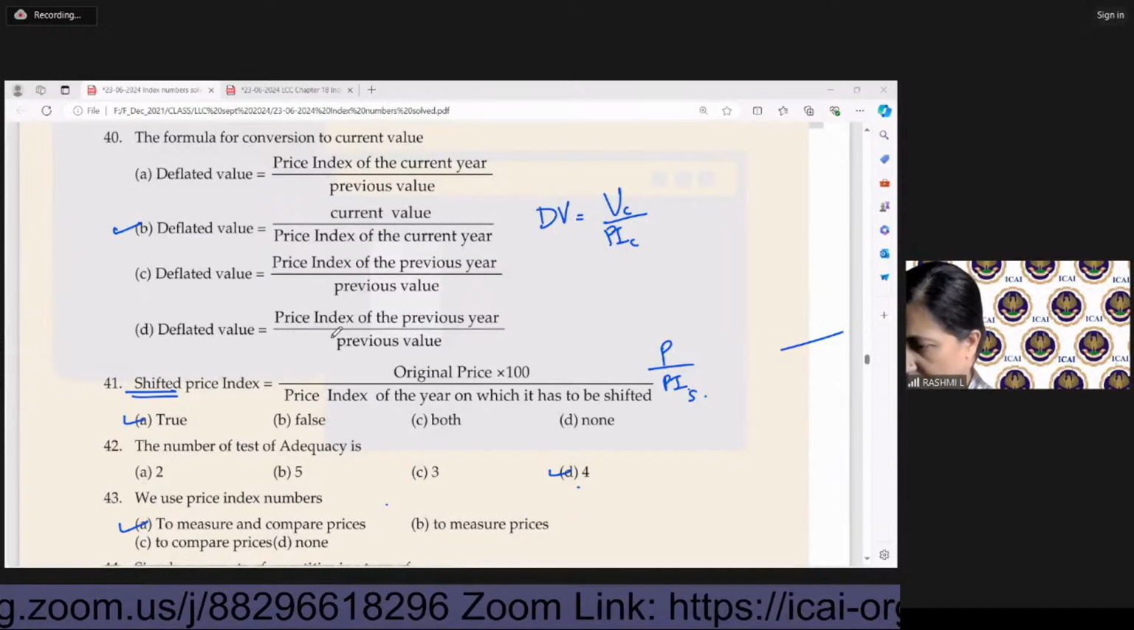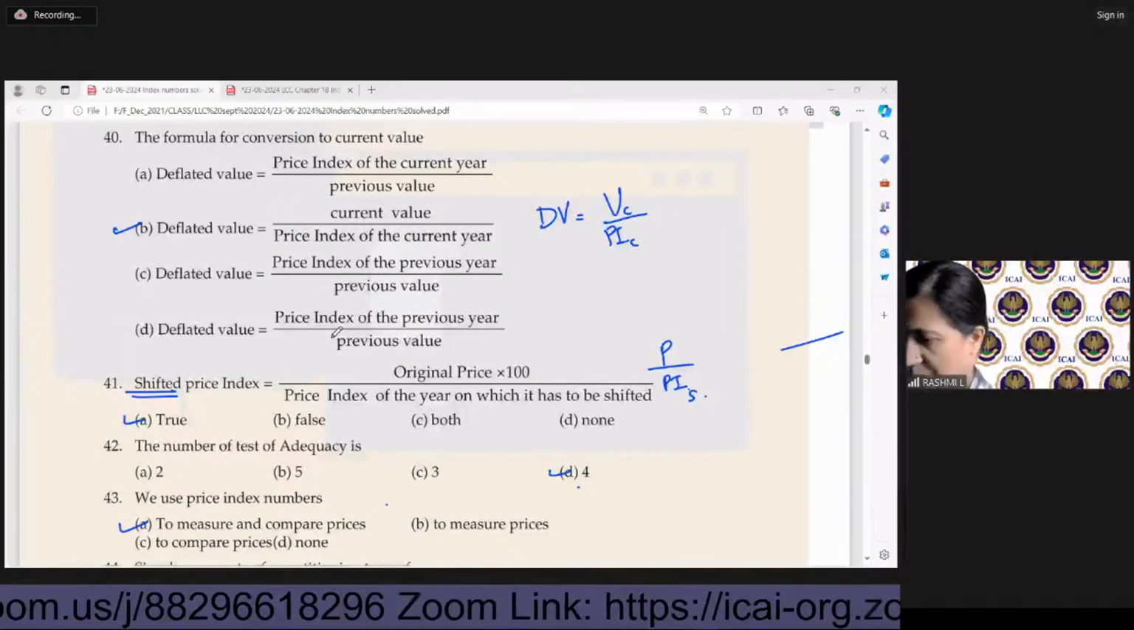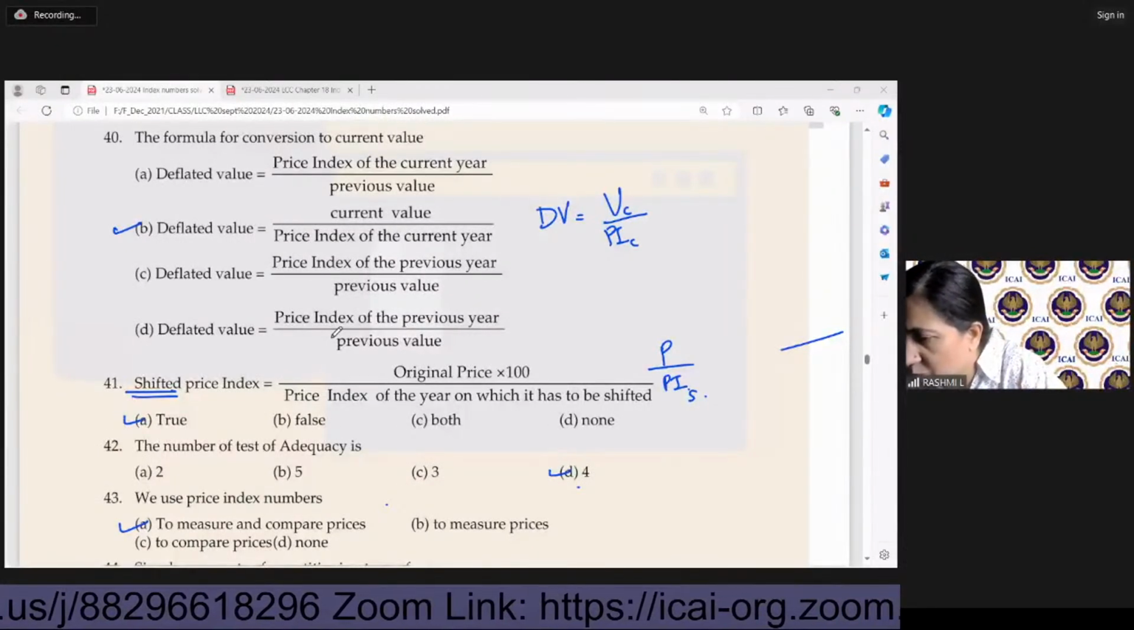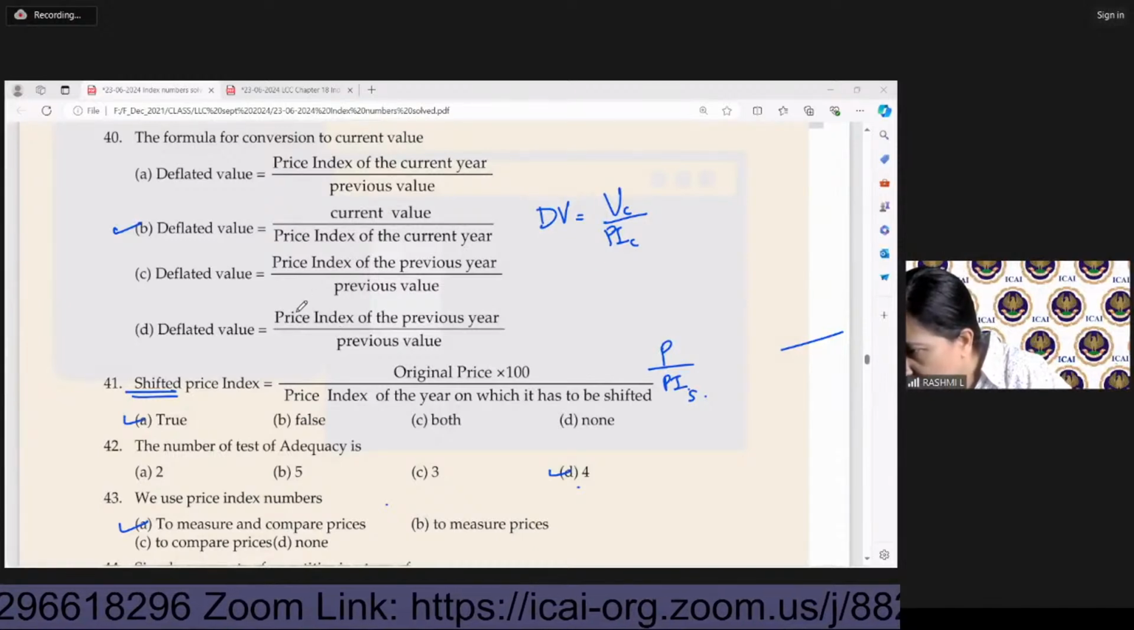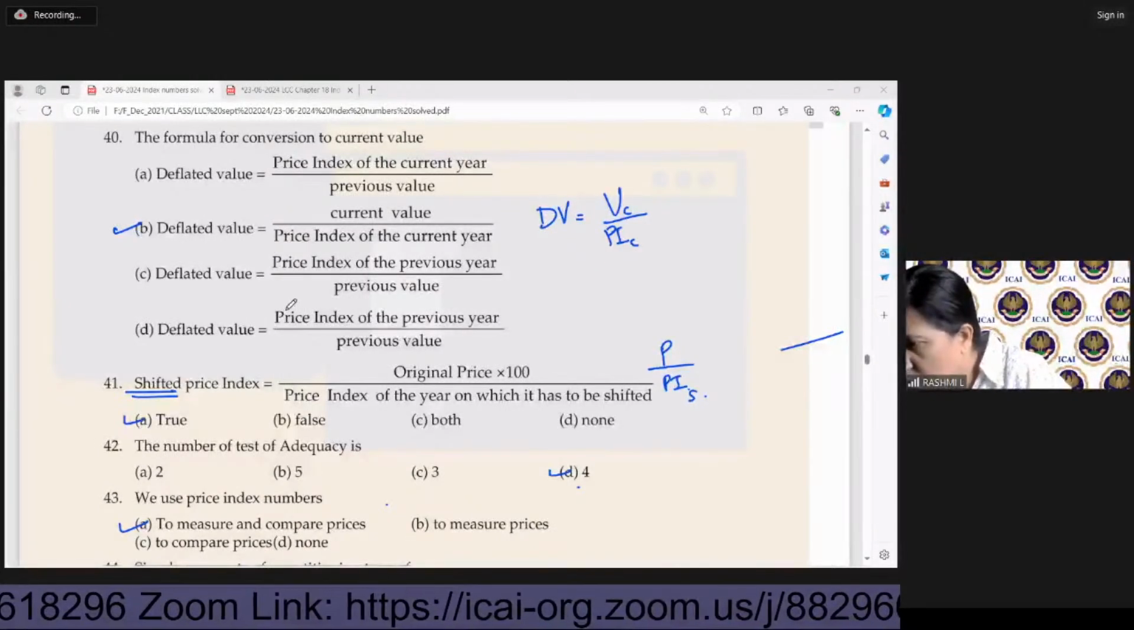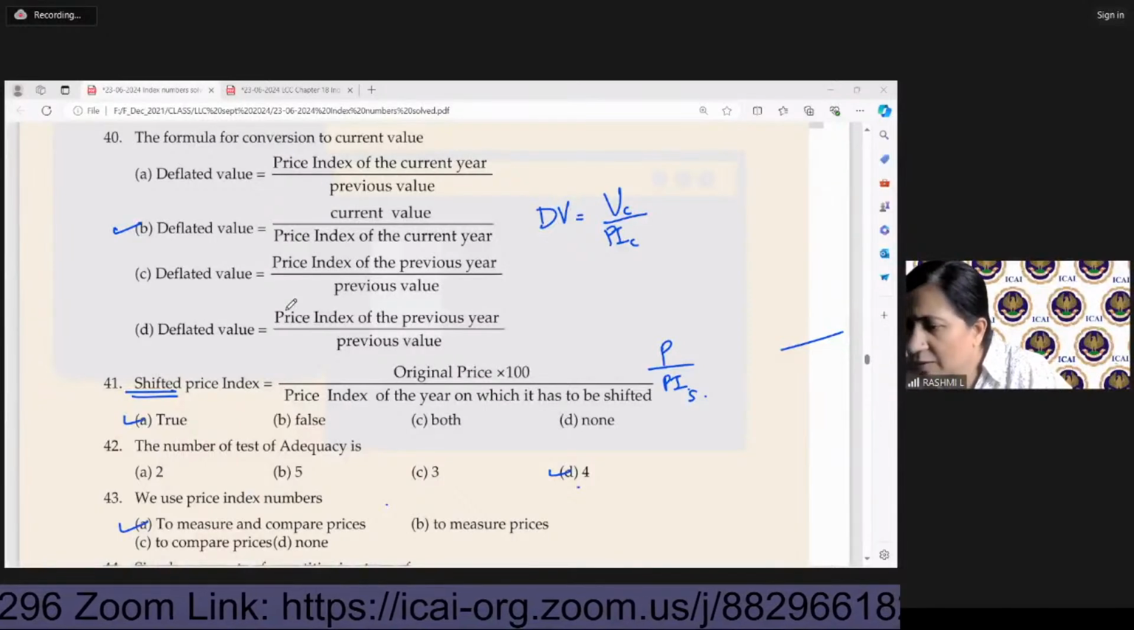Vishwa, Reshma, अनुष्का, अनुष्का 3 ही लिखे आपने, चौथा